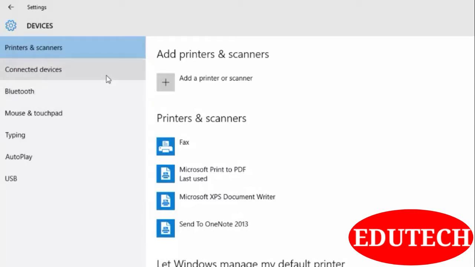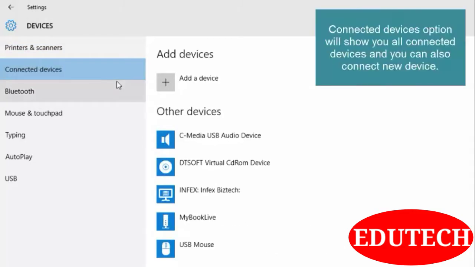Now let's go to connected devices. In connected devices, you can see all the devices which are connected to your computer system. You can also add a new device like your mobile phone, or any other external USB or non-USB device.